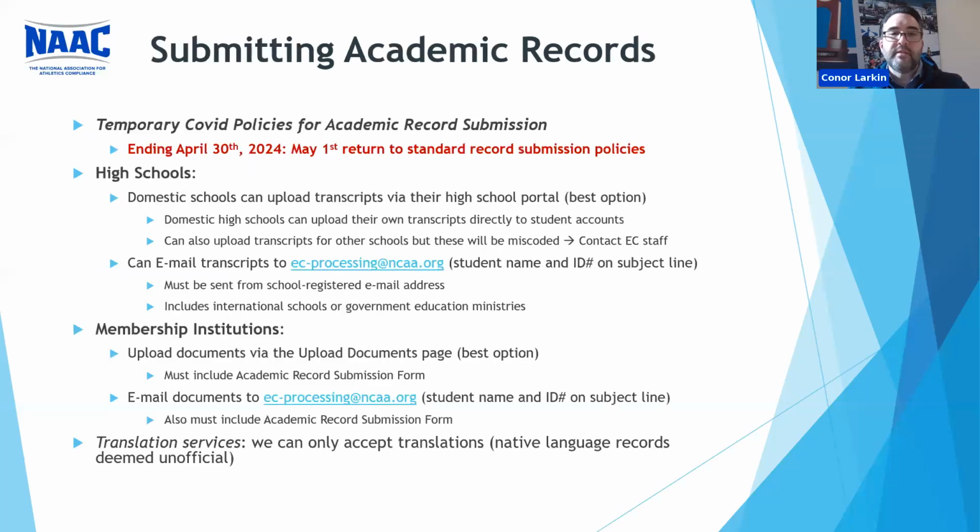And that brings us basically to the end of the PSA details report. And I just want to take a couple seconds to discuss some upcoming changes to our academic record submission policies. Now, at present, students under the COVID relief flexibility that we've provided are still permitted to email in their records to the Eligibility Center using the email address that they use to log into their EC account. But that option ends at the very end of April 30th of 2024. Starting May 1st, we're going to return to the standard academic record submission policies, and I want to walk you